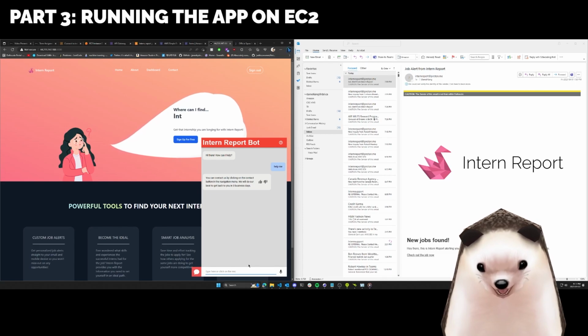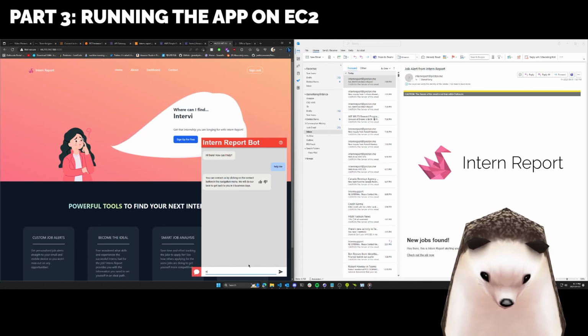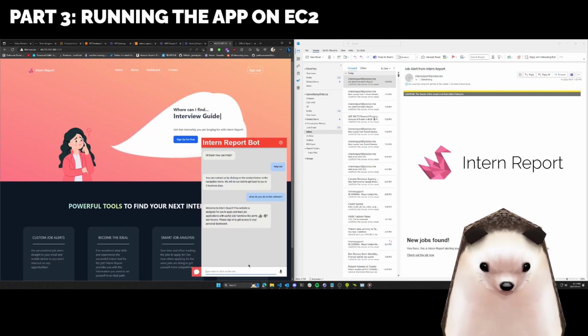Cool. Let's ask something else. Let's do what do you do in this website, right? It'll go, welcome to Intern Report, and this website is designed for you to apply and track job applications with useful site functions like alerts and forums, okay? And please sign in to get access to your personal dashboard. So perfect, so AWS Lex is working too, and I believe that I've shown you everything I need to show